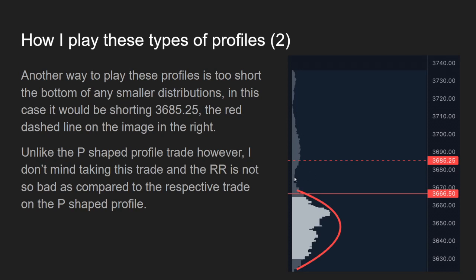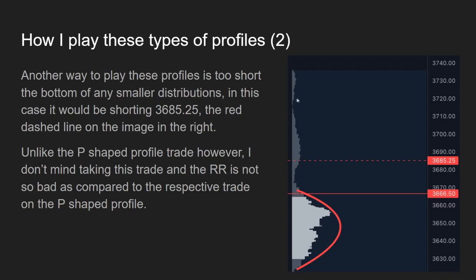Is there a low volume area separating the distribution from the other high volume distribution or the high volume node? So in this case, if I am shorting 3685, I would probably only short that once. Why? Because the low volume area between these distributions isn't that big, and because that gap isn't so big, I would only prefer to short this 3685.25 level once,